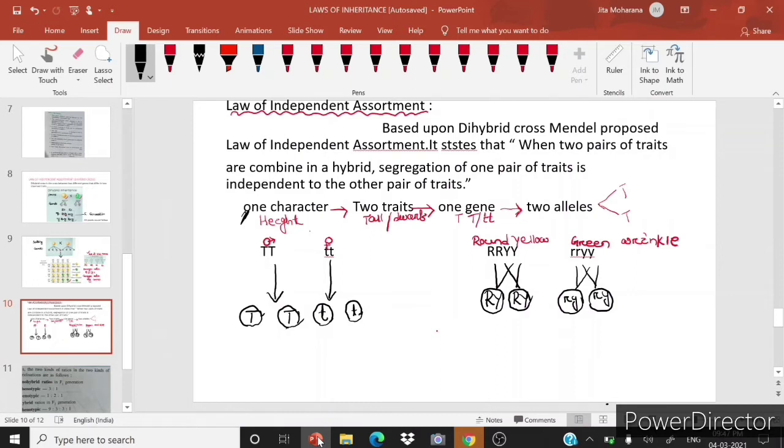Suppose height is a character. For the height character, there are two traits, tall and dwarf. For the tall trait, the gene is capital T, and for the dwarf trait, the gene is small t, small t. For the tall gene, there are two alleles, capital T, and for the dwarf gene, there are two alleles, small t, small t. Now let's understand what the law of independent assortment states, that when two pairs of traits